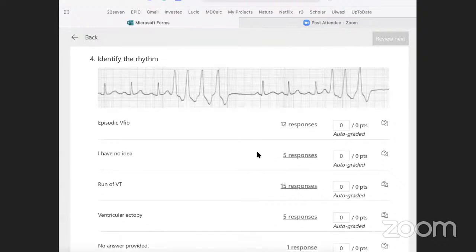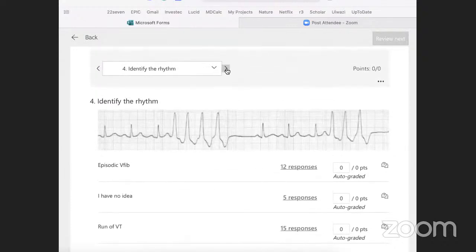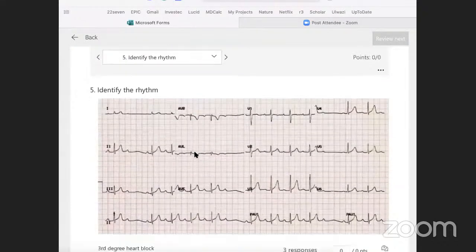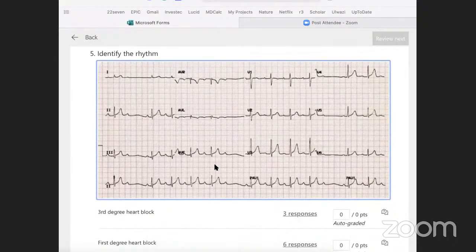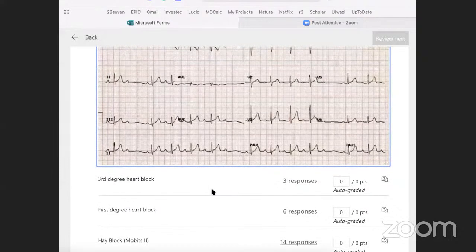Sorry, so afterwards, you're welcome to just discuss any of the ECG pictures if anyone has questions. So the rhythm here that we find: we have our P wave, P wave, P wave, P wave. And some people thought that this was a third degree heart block.